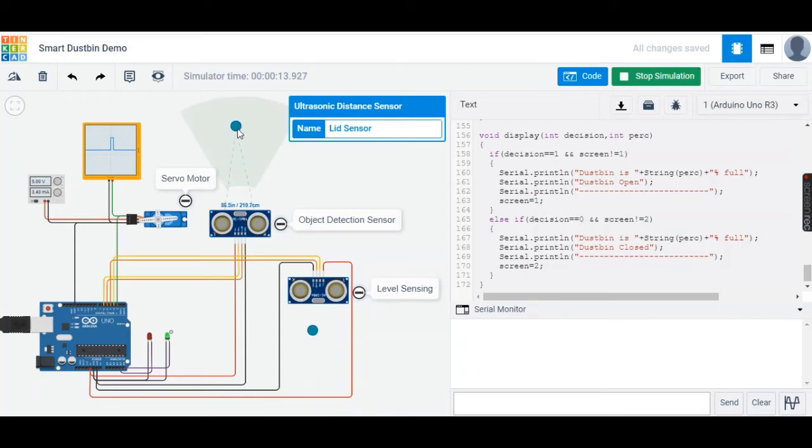Now when a person comes within 1 meter distance, we see the servo motor turn by 90 degrees to lift the lid, and this is indicated on the monitor as well, indicating the status that the dustbin is full, and it says it's 14% full, which is determined by this marker here. Additionally, you can see the green light, which means the dustbin is still in use, which was